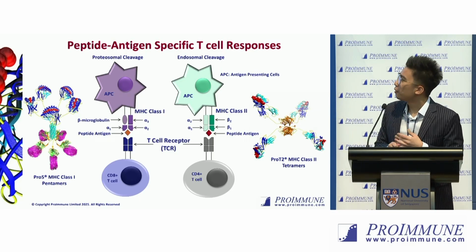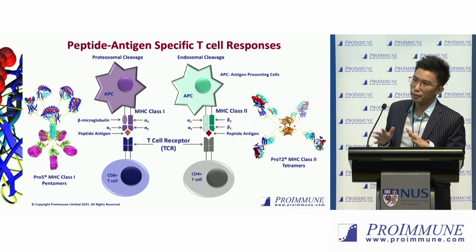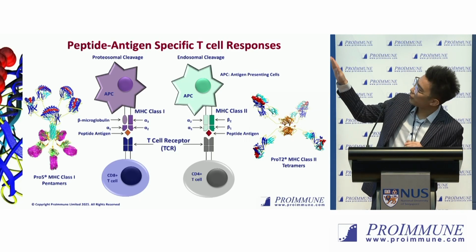On the left, the MHC class 1 Pentamer is basically made out of 5 peptide-MHC complexes, which you can see at the,